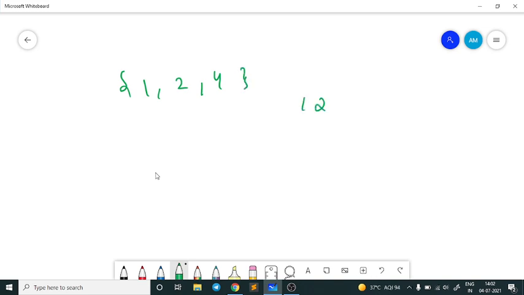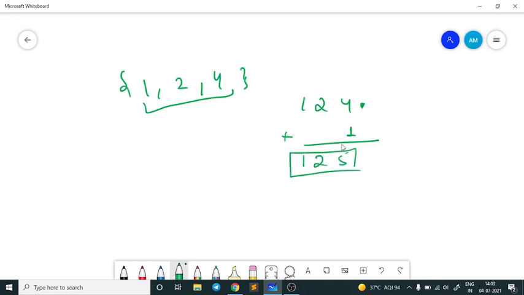So if we have this number 124 and if we add 1, basically we add 1 here in the last digit, right? At this place only. So similarly here what we will do, we will first of all form the number out of these digits, right? And after forming the number out of these digits, we will simply add 1 to it. And once after adding the 1 to the number formed from this array, we will again separate out the digits out of this number and store them into a vector, and then we will return it.